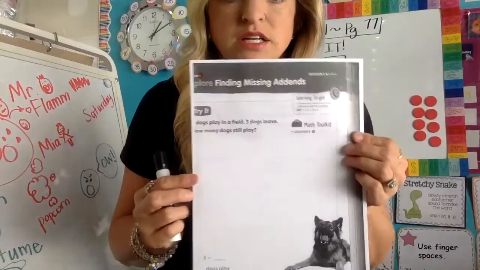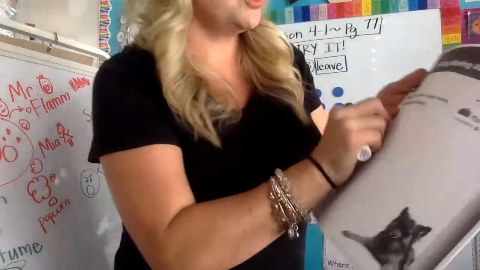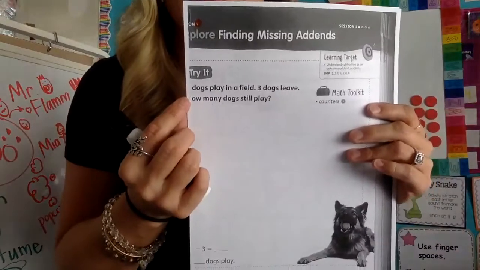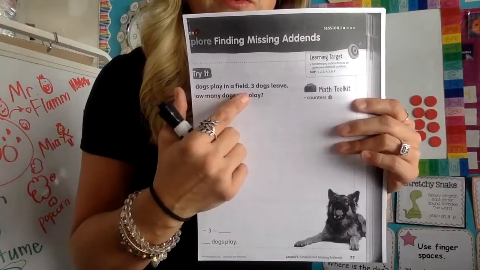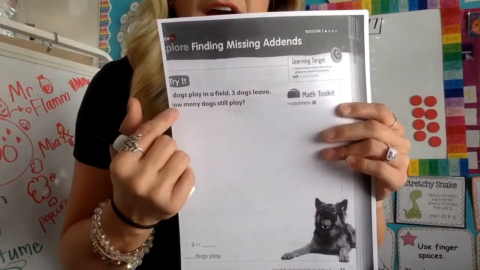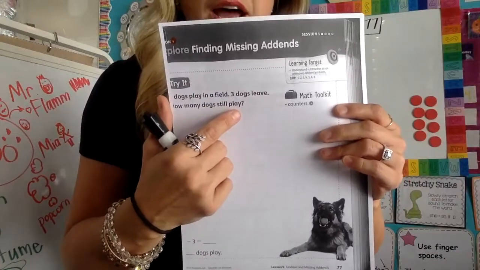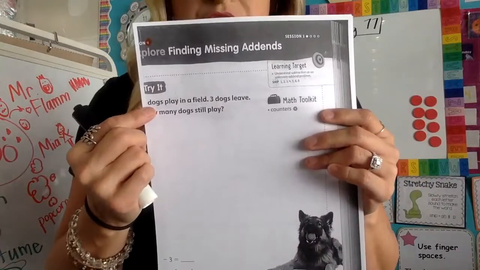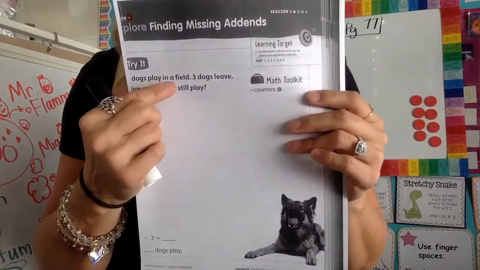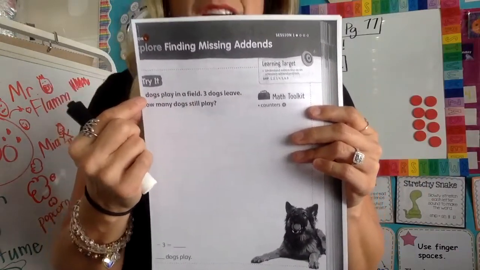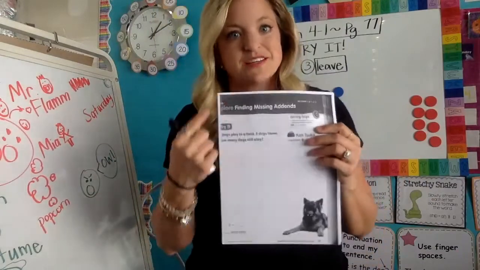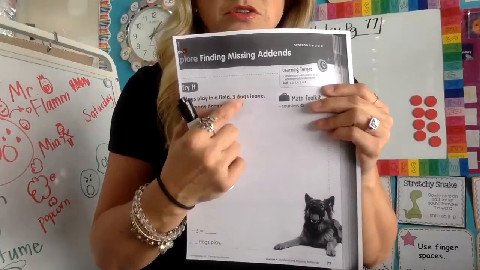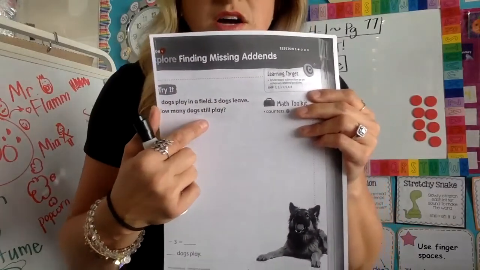Okay, so let's see. It says, try it. Blank dogs play in a field. The number there is 8. 8 dogs play in a field. 3 dogs leave. How many dogs still play? So I need to read it 3 times. I need to circle the numbers. It says, 8 dogs play in a field. Circle 8. If you got a packet, you're going to write the number 8 and circle it. 8 dogs play in a field. 3 dogs leave. Circle 3. How many dogs still